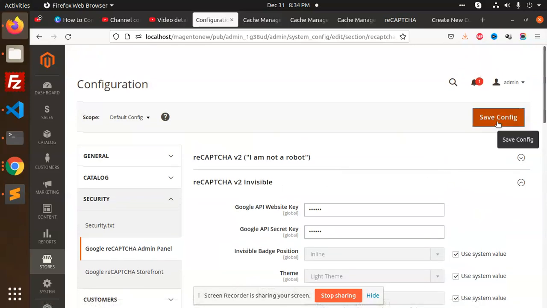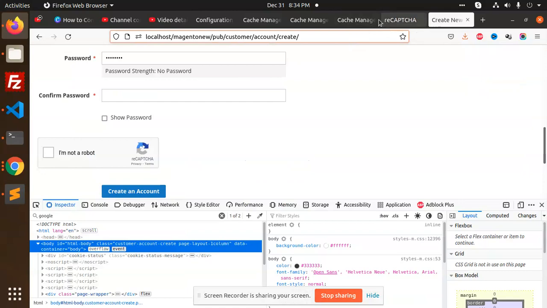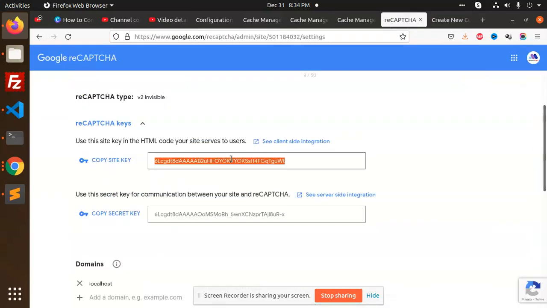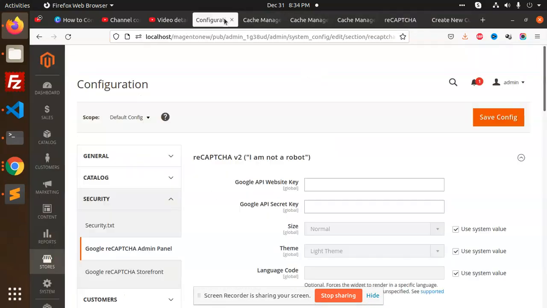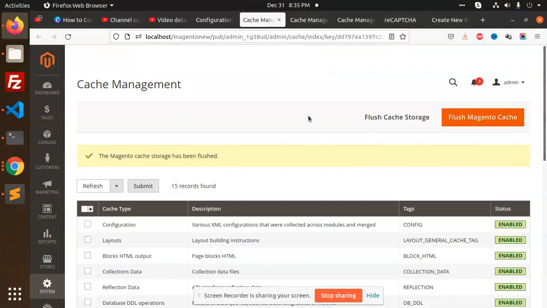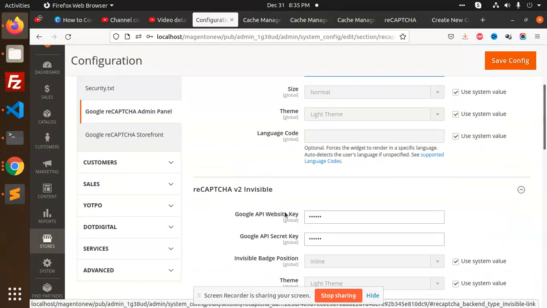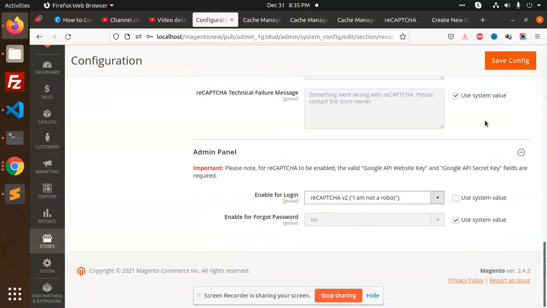I will just enable this one also for now. Let's see if it is working or not. The visible captcha is not there. I'm not a robot. So I'm going to fill this captcha also. Here we have to go to this and the reCAPTCHA keys. Let me go to the configurations. I'm going to save this, and here we need to select which one: I'm not a robot.